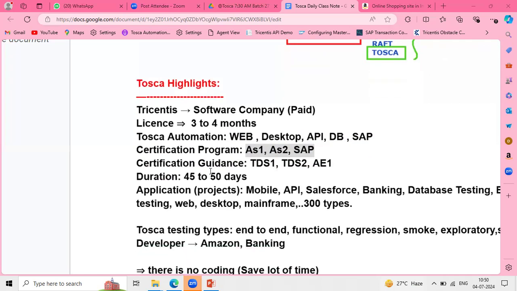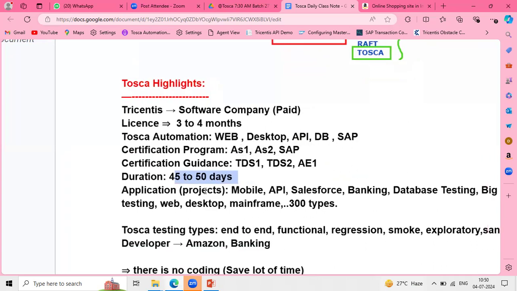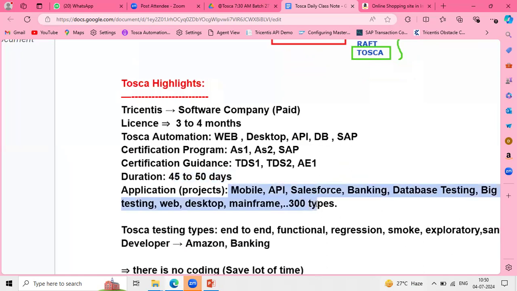The training duration is around 45 to 50 days, team. And Tricentis Tosca supports many application categories. Tosca is a tool we can call multi-faceted. Whatever projects you have in the market, like mobile-based, web-based, SAP, or Salesforce, in any domain, manufacturing, banking, insurance, healthcare, we can automate all types of applications.